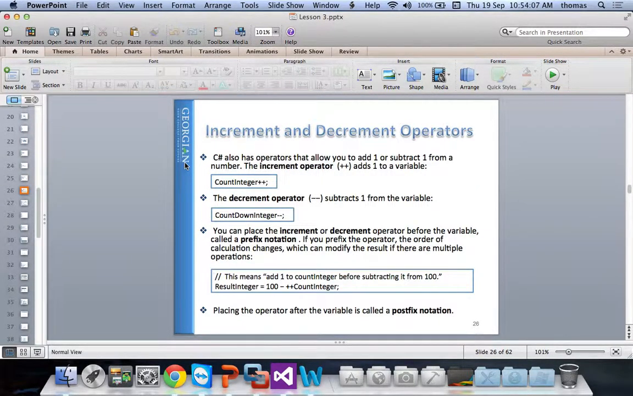We should talk about the increment and decrement operators because they're very common in other C-style languages. Again, count integer plus plus, and count down integer minus minus. What do they do? And what happens if you put the plus plus or the minus minus on the end, or on the beginning, the suffix or the prefix? If you put it on the prefix, or so-called prefix notation,